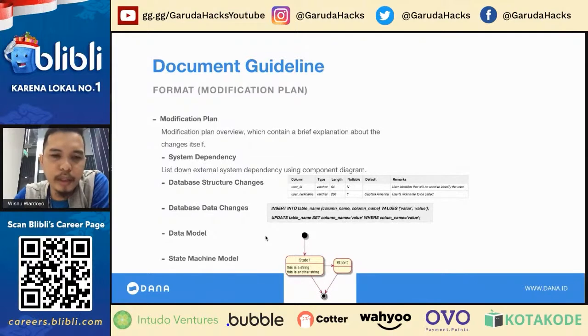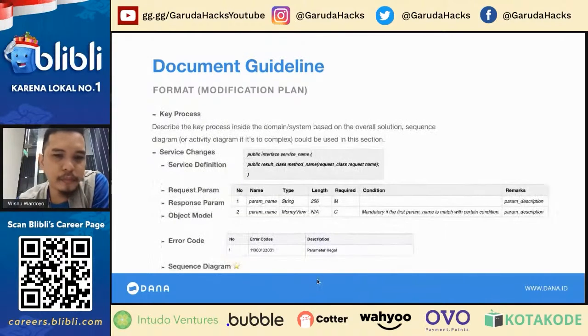Also, the state machine model or state machine diagram is basically the life cycle of the data. If you have a user, maybe it can be active, frozen, or closed, right? The first state is active, and then frozen, and then closed. I will explain it later in the demo time.